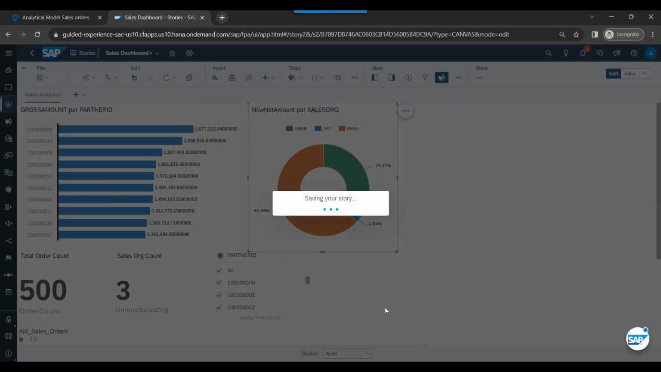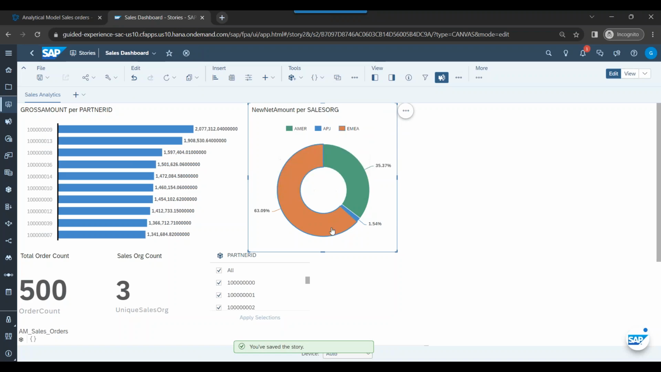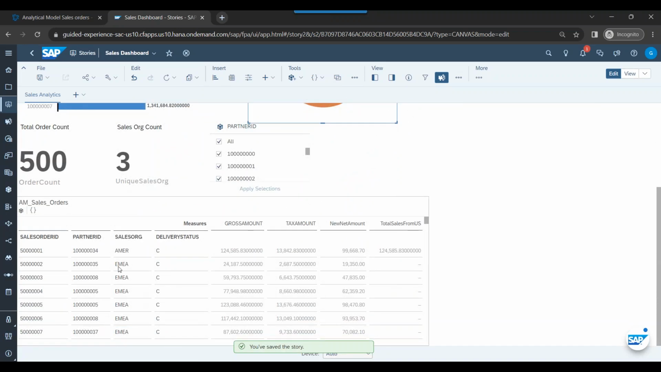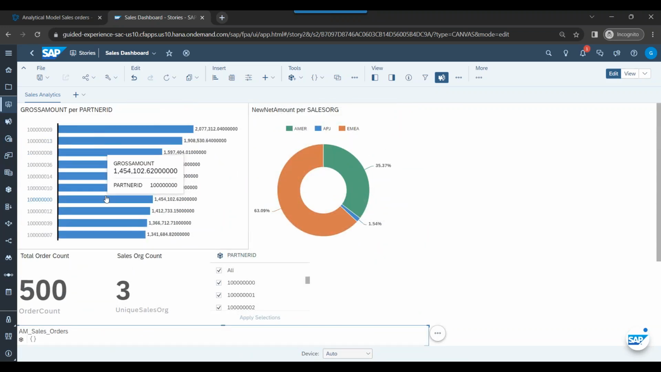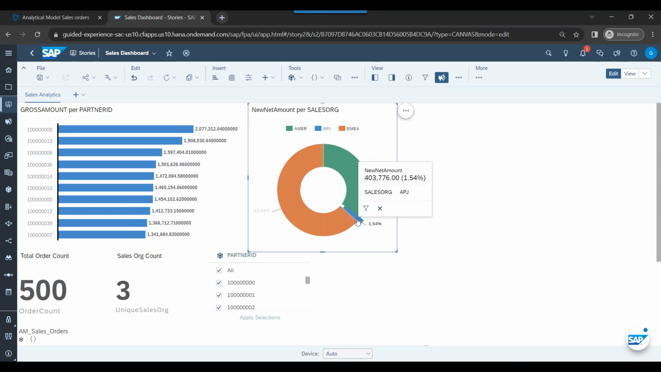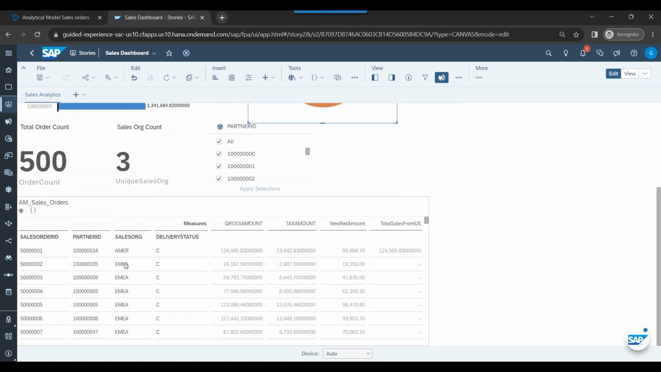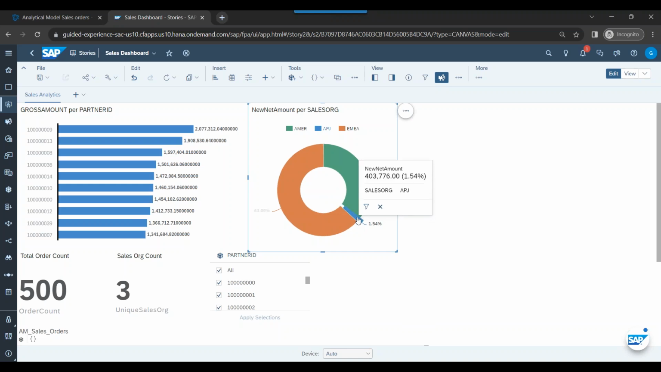So what I can do now, I can do drill down. The moment you select something in this chart, watch out, this table is showing currently America, EMEA, Asia Pacific data, and this is also showing all the partner IDs for all the sales organizations. I go back and click this particular slice of my donut chart, which is Asia Pacific Japan. I click on that and you will see it should do the filtering in the table. Oops, it's not doing, something is wrong. I think it will do it in the view mode. Let me go to the view mode